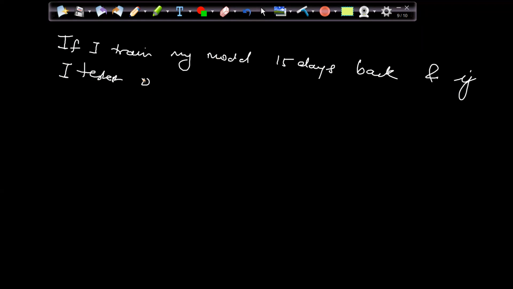So basically I can say that if I train my model 15 days back, and I test it from that day to the current day, 15 days, because this is my time t0 where I created the model.